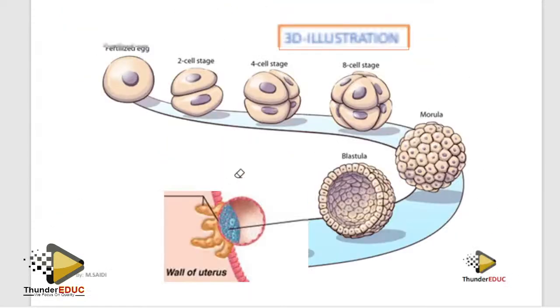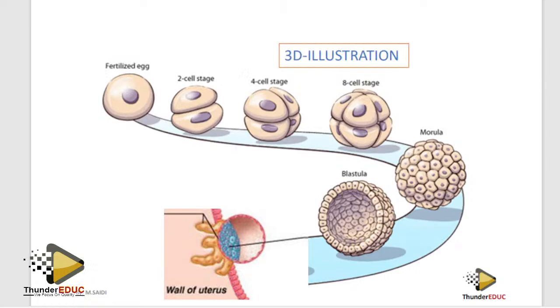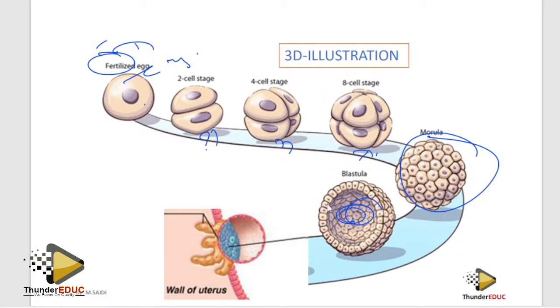So now if they ask you this, this is what I was saying. What is this? This is a zygote. Fertilized ovum, fertilized egg. So what is this? It's 2 cells. What is this? It's 4 cells. What is this? It's 8 cells. But nowadays, you can't count them. Therefore, it becomes morula. And then this, which has the hole inside, we call it a blastula. And then implantation has taken place. That's it.